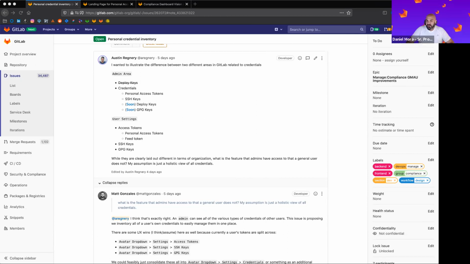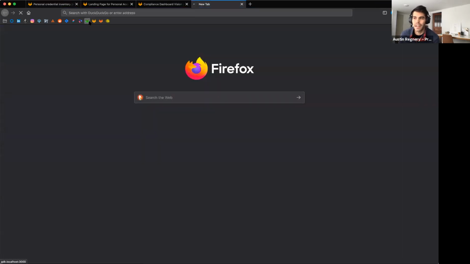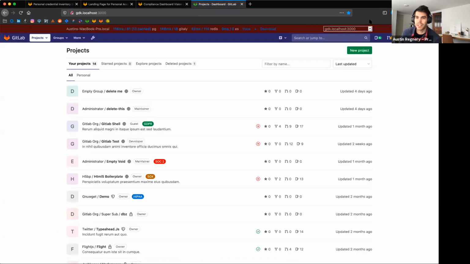Was there any reason they're not combined, or any pushback for you trying to merge them? No, I think if anything, I'm the one pushing back. Part of the thing is, I feel that the person managing the credential inventory in the admin area is somewhat different than the person managing their personal user settings.